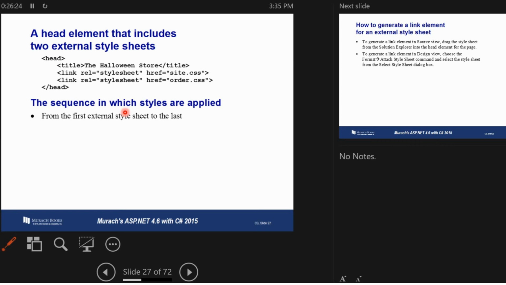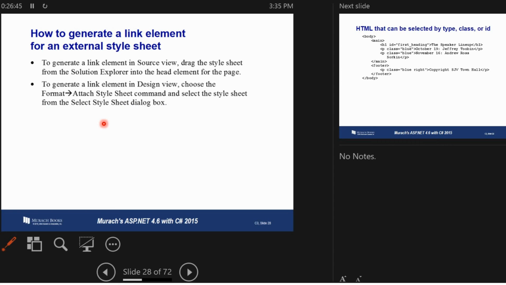So this particular example here links to 2 style sheets. And the sequence in which the style sheets are applied is from the first external style sheet to the last external style sheet. To generate a link element to the source view, okay, so this is Visual Studio. This is how you do it. You just drag. You're going to have the style sheet in your